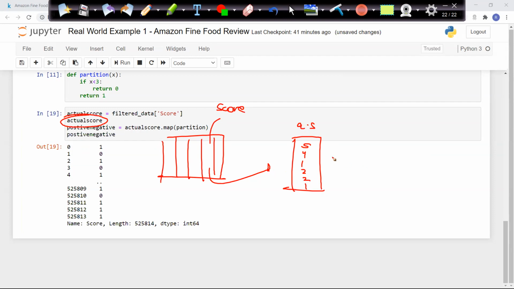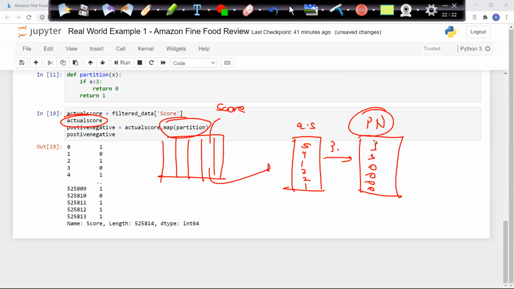On top of that, I'm applying my partition function and creating one more variable called positive_negative. Based on the logic, 5 became 1, 4 became 1, 1 became 0, 2 became 0, 2 became 0, 1 became 0. I transformed the data. So in this particular field, positive_negative, I'll have only 1 or 0, where 1 is my positive reviews and 0 is my negative reviews.